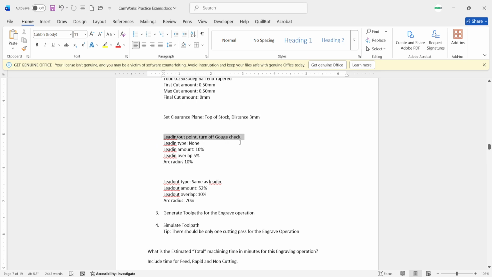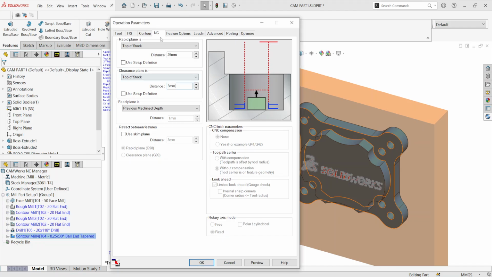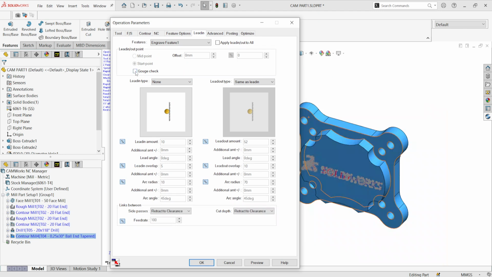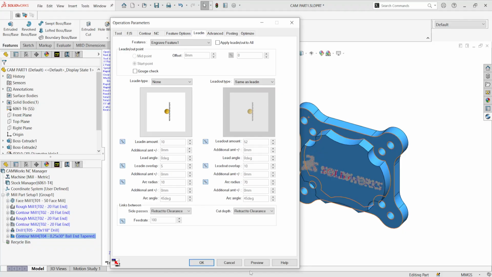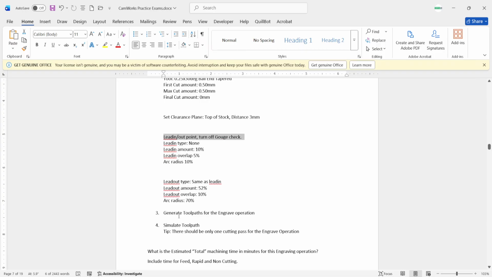So turn off the gouge check. So gouge check is off. Lead in type none. We have here lead in amounts 10, wellup 5, arc radius 10. So 10, 5, 10. Lead out type same as lead in: 52, 10, 70. Alright, so generate